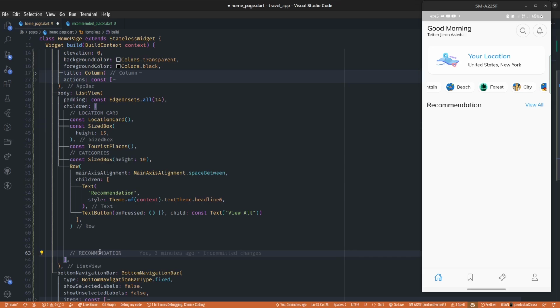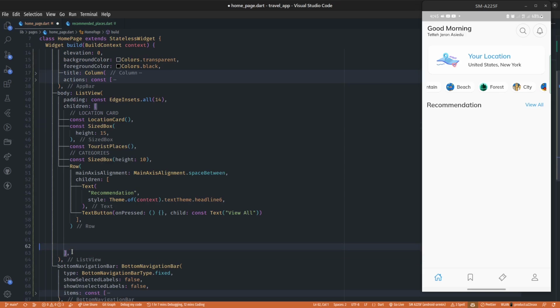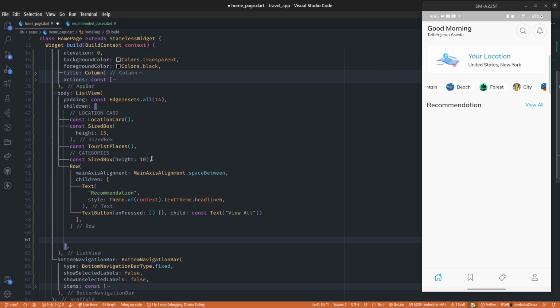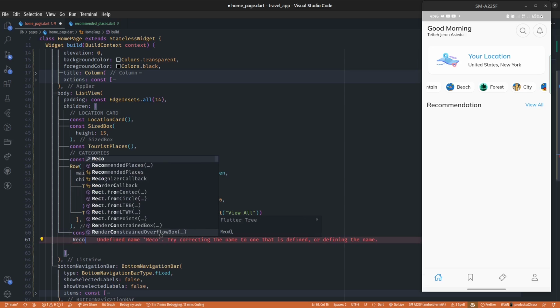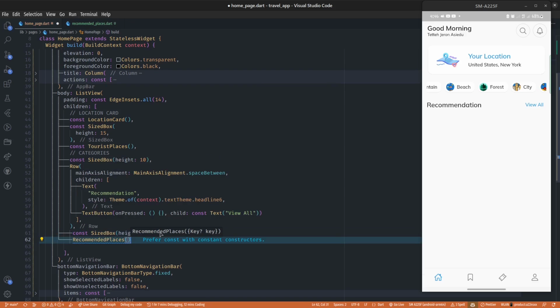So I'm going to put a sizer box here and just give it a height of 10, right? So just the same sizer box here. I'm going to copy it and paste it here and give it a height of 10. Now we can put our recommended places widgets here,